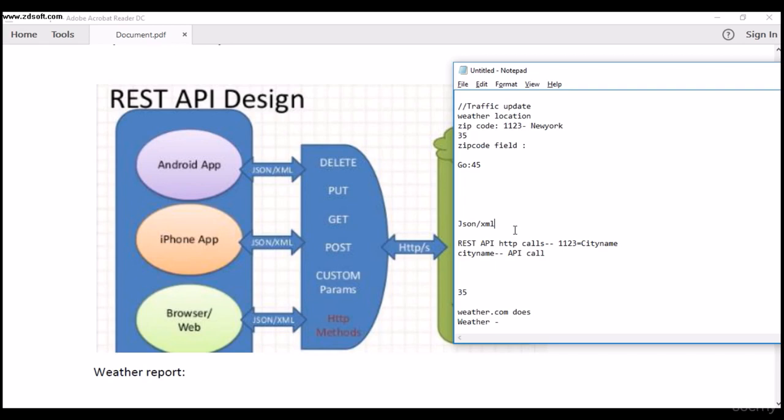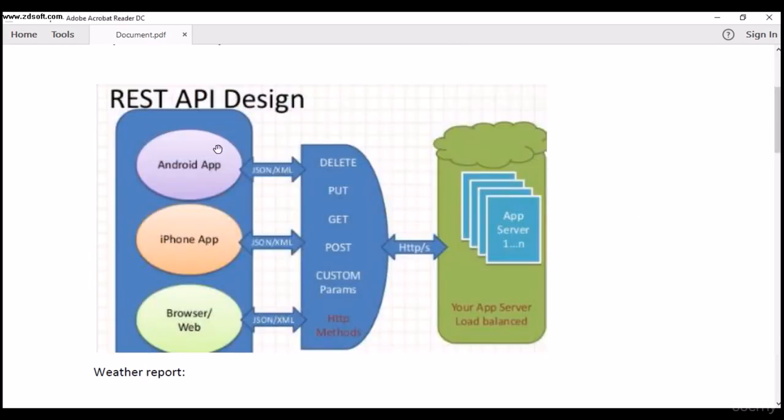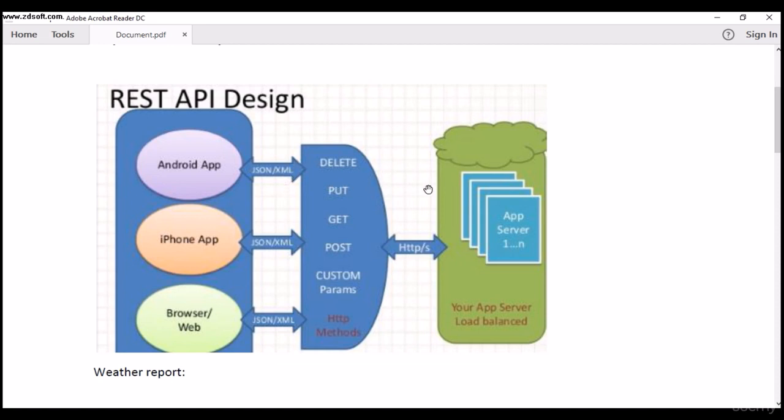Okay, now let's shift back to our architecture here. And now you see, the reason why I have given Android, iOS and browser is that it is independent of what platform you are building your application on. If you want something from a third party and they have exposed their REST API, you can simply ask in XML format or JSON format and you get a response from that third party. Let's say this third party was built in Java, but your code may be built in .NET. No need to worry,